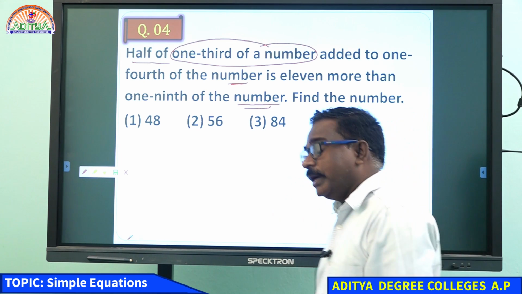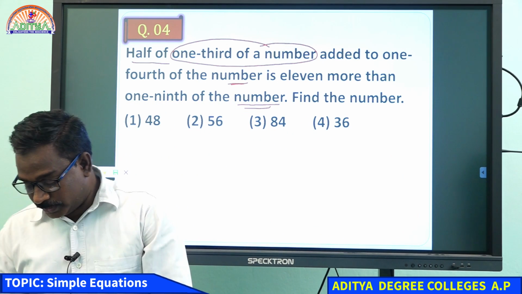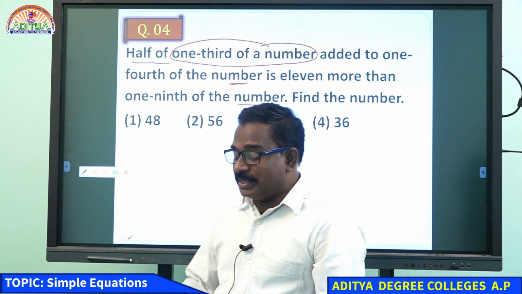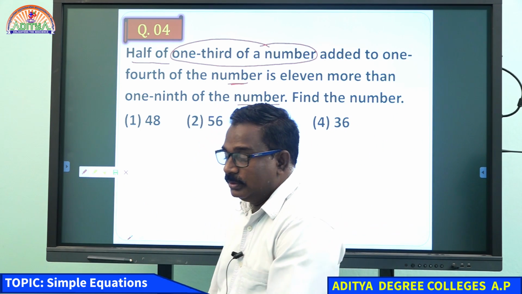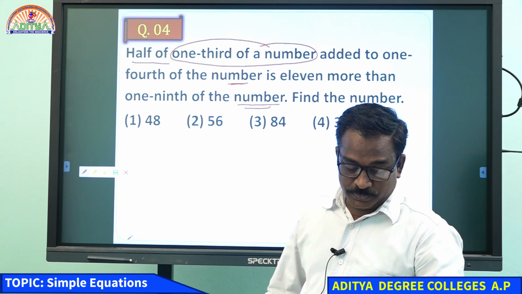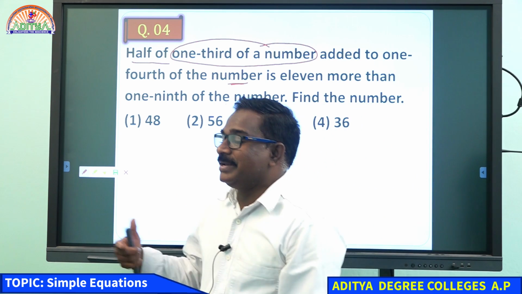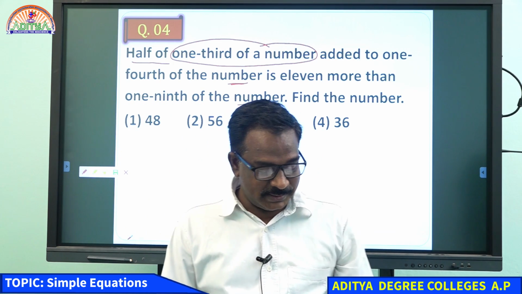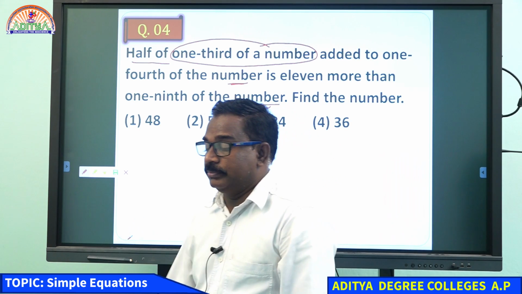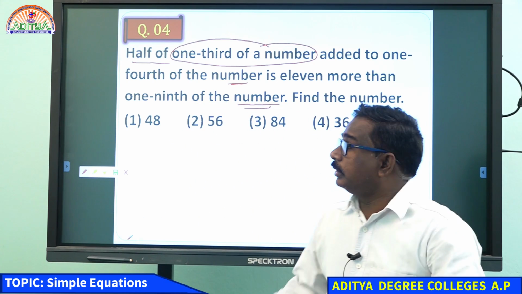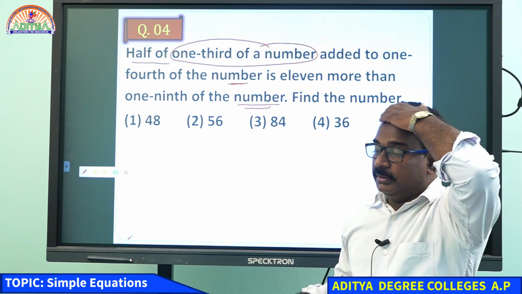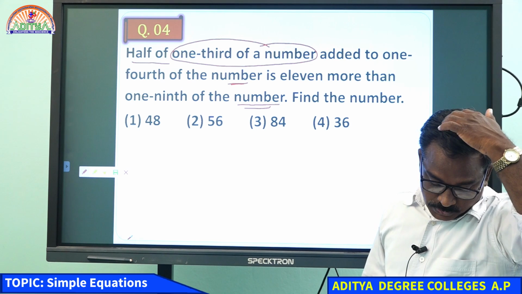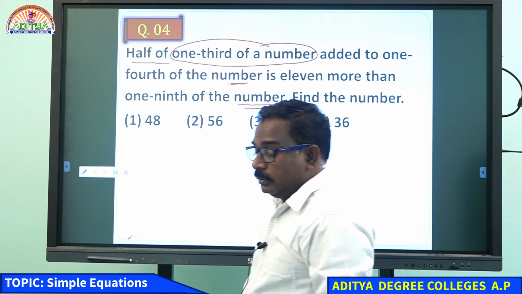By using options we can do it. By equation manner also we can do it. We are doing simple equations, we can solve in a simple manner. So you need to find a simple equation to solve it. By practicing we can go by options very easily. It will take less than 20 seconds. First you need to know how to do the sum, then only we can go by options, right?